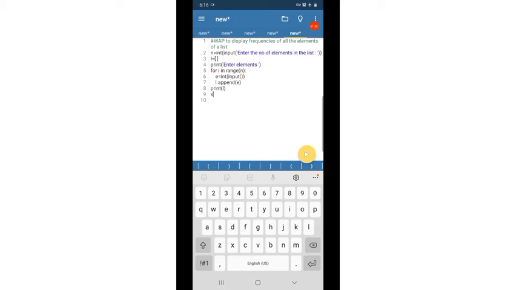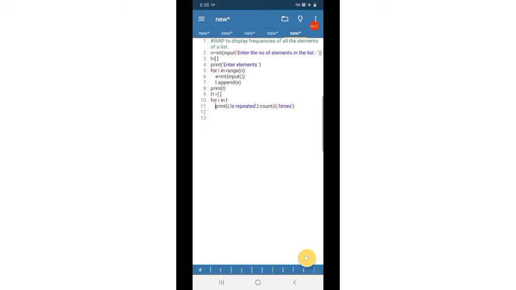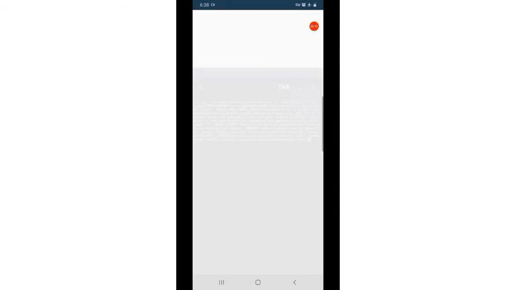So for that we can create a list x, an empty list x. Now we can repeat the same statement. We want to just sort out which all are the duplicate values. So children, I have written for I in L, if I is present in L, then print I is repeated L dot count of I times. That is, the output will be like this.